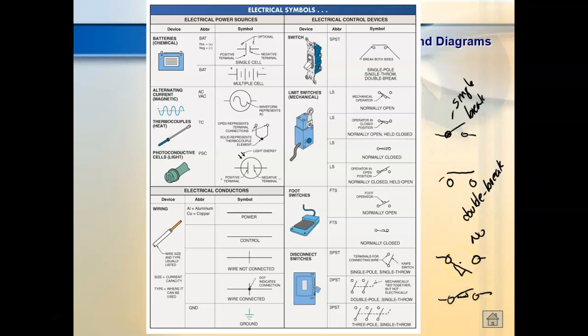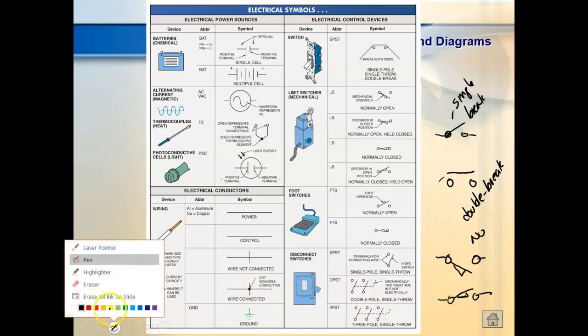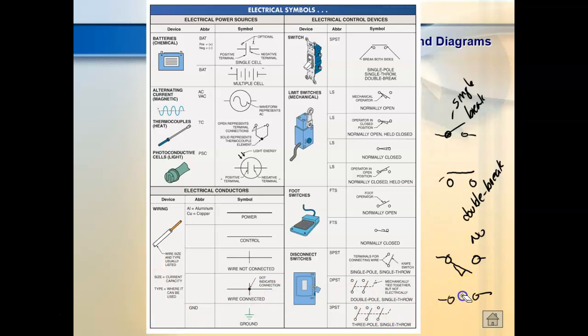The way I tell my students to figure this out is what gravity is trying to do. So gravity is trying to open this, so it's already open, so it must be a normally open, right? Gravity is trying to, I drew that wrong. Gravity is trying, I drew a contact, but